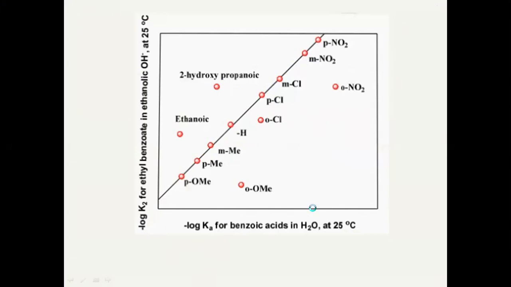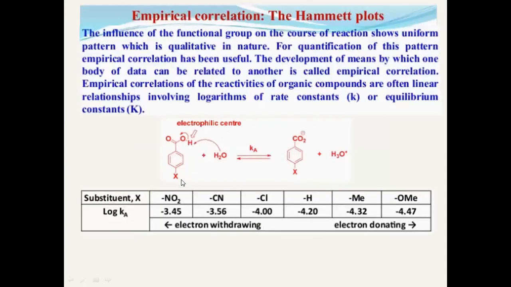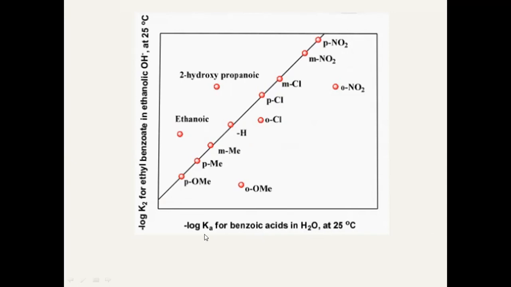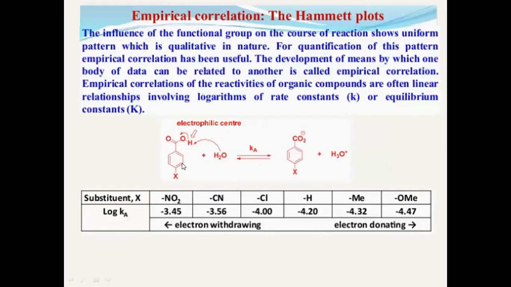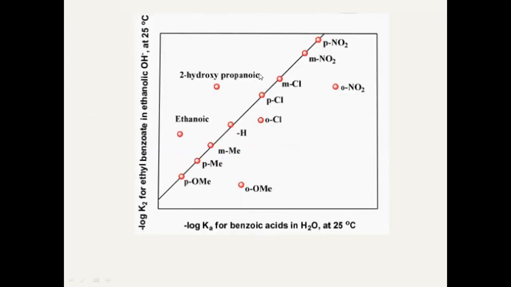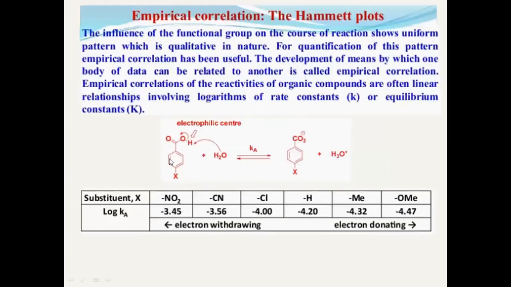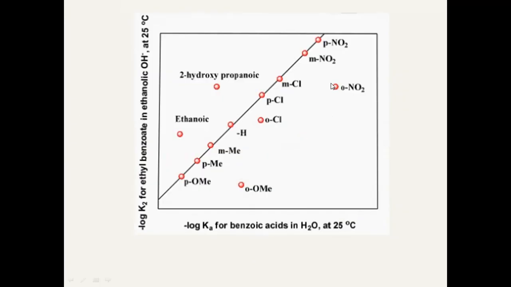Okay. See this table. So we can say left to right, the value increases. Therefore, for para-nitro, if the nitro group is at the para position, that will show that log K minus log K is highest. If it is meta-nitro, that will be somewhat less effective and therefore the values decrease. And if it is ortho-nitro, then that is not considered, it is out of the diagonal relation.